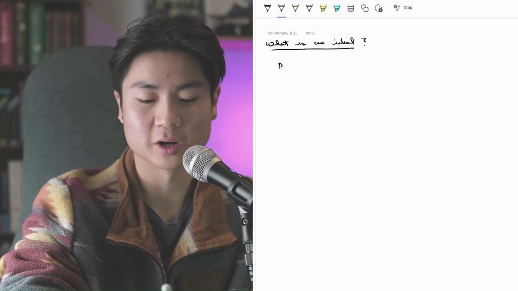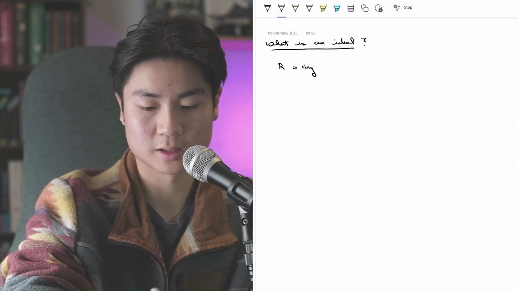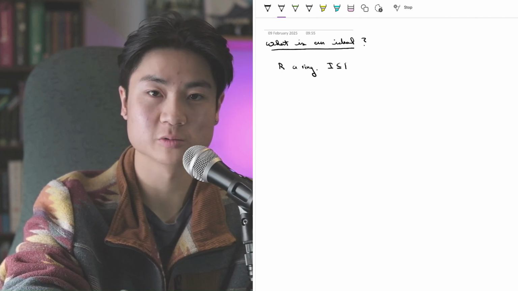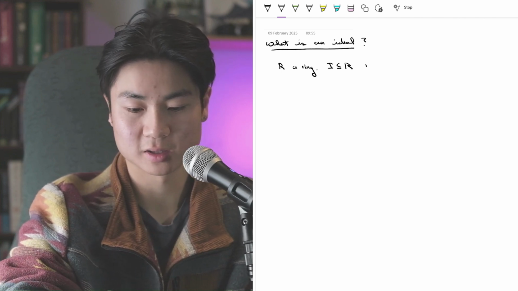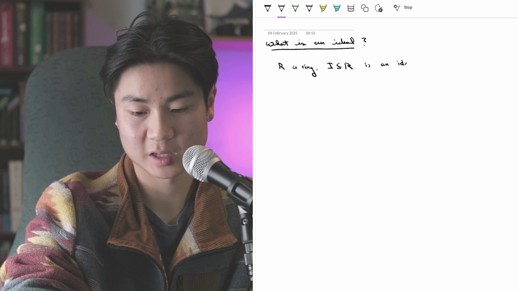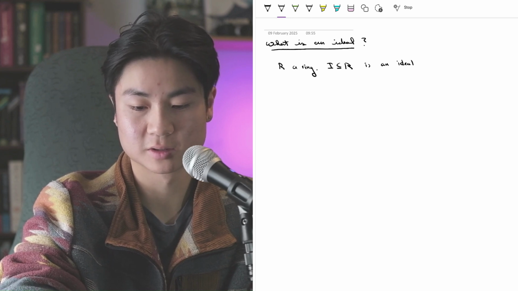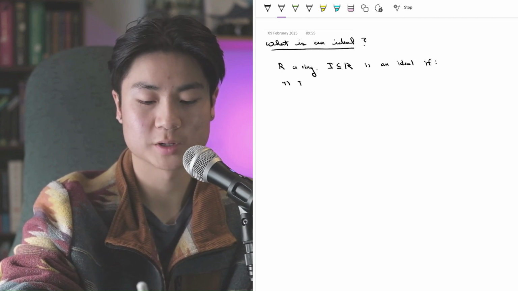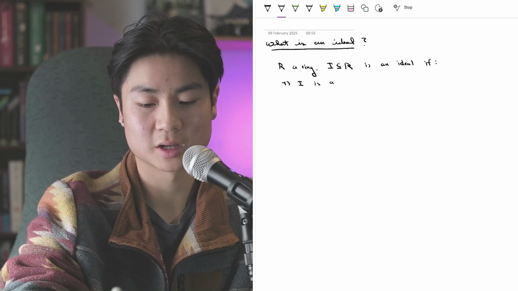So why don't we start with the boring part? I will write down the definition of what an ideal is in ring theory, and then we can delve into where exactly this definition comes from. So let's start with a ring R, and then what we'll do here is we take some subset, which we'll call I, of our ring, and this is an ideal if it respects the two following criteria. So the first one is that I is a normal subgroup